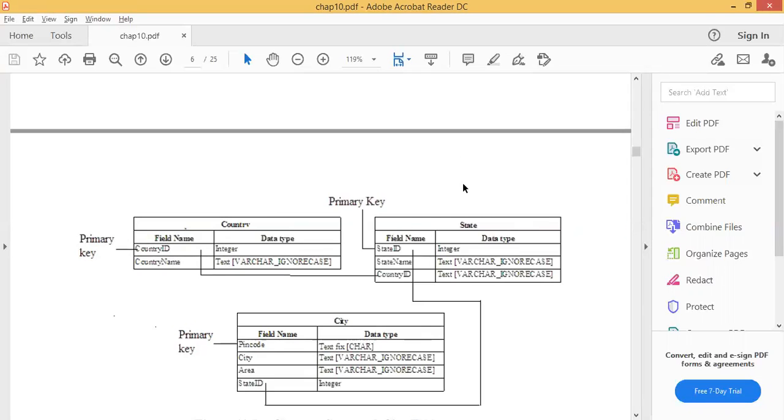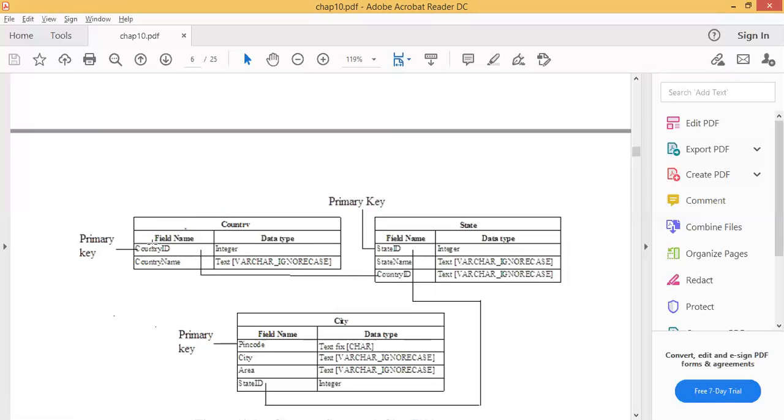Now we are going to create another table, state. Because each country will be available, then only states will come. In state table, our fields are state ID, state name and country ID. Because Gujarat is from state ID. Gujarat is in India. So we are calling country ID from country table.